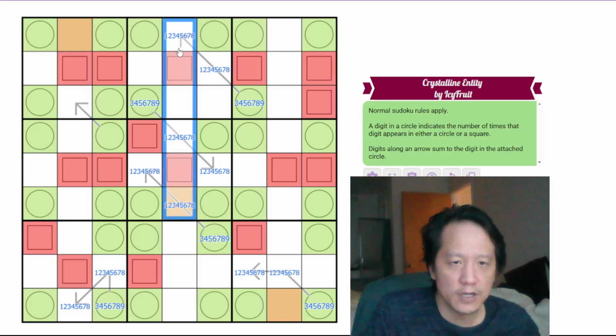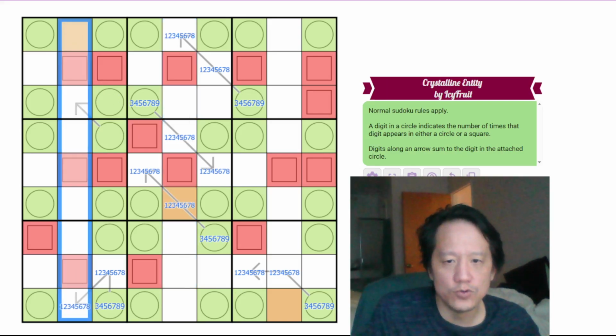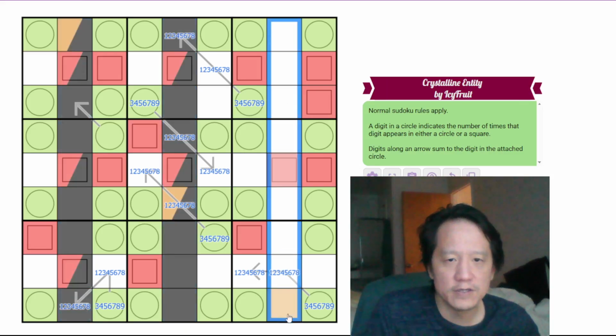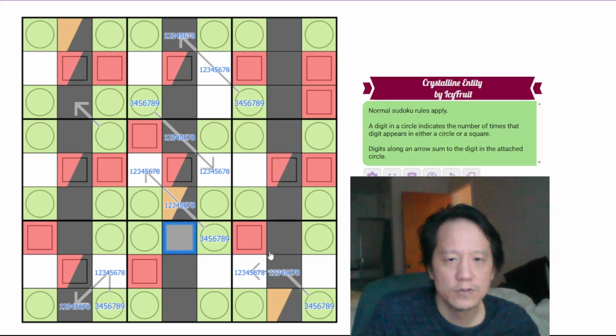These squares cannot count. So these are removed, essentially. These are removed. And these are removed. How many squares can you have, essentially, in that place? You could have 1,